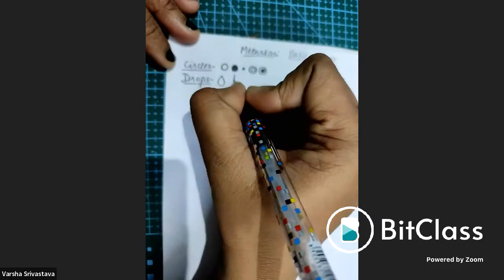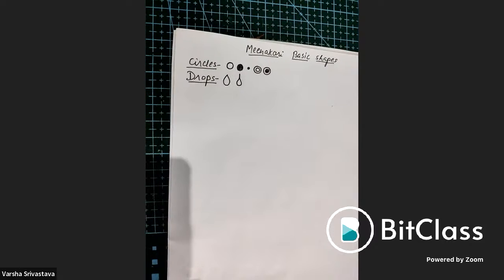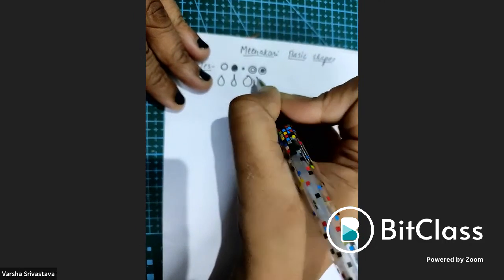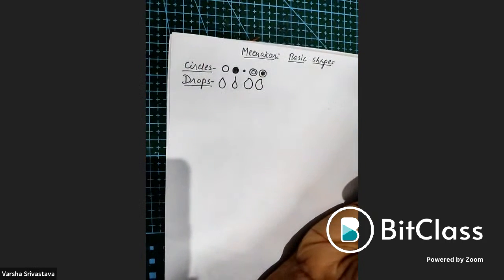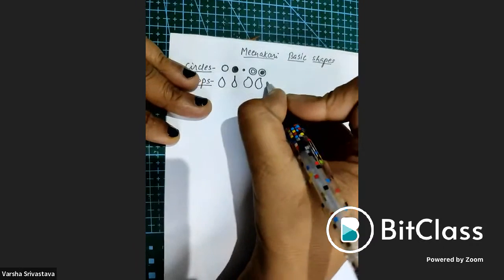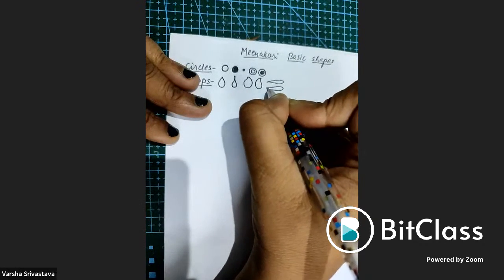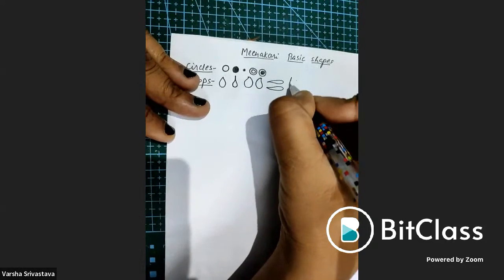Then make a pointed drop like this. Then I'm making the drops which are twisted towards left and right, but do not twist it too much, otherwise this will become a mango motif, and you will get to know about mango motifs in 5-7 minutes. Now I'm making the horizontal drops, twisted drops and horizontal drops like this. Okay. And then I'm making a long drop